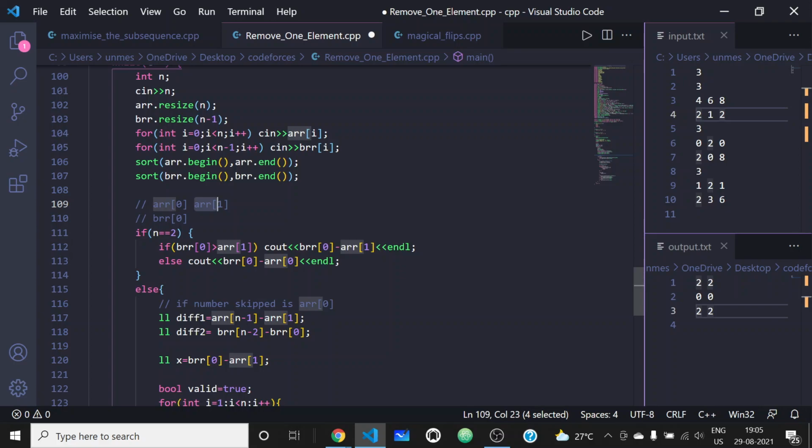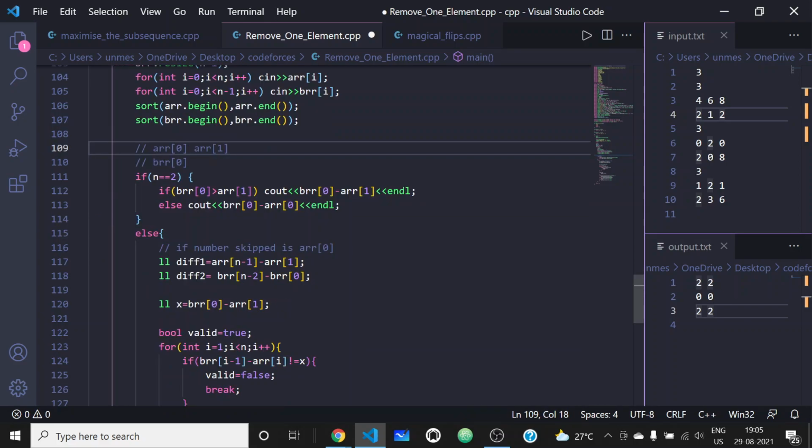So that is what I have done. I first checked whether BRR0 is greater than AR1. If that is the case, then I am outputting that x, and if it is negative, in that case I am taking the difference of these two elements, AR0 and BR0, and outputting that.